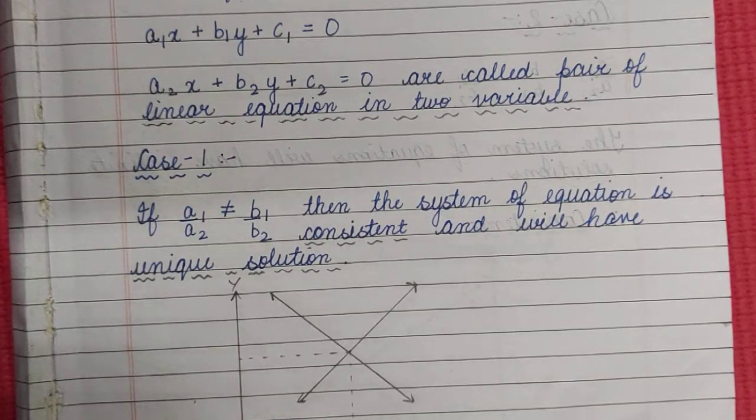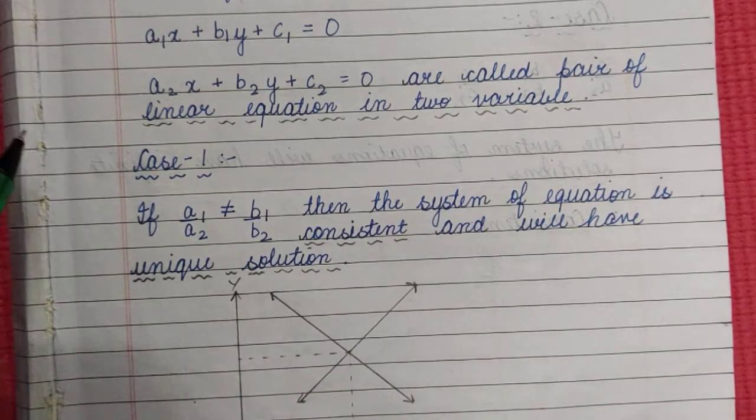Good morning, students. That day we studied the graph of a linear equation in two variables. And then I told you that if we take a pair of linear equations in two variables, we will get three cases, three types of graphs: either they will be intersecting, or coincident, or parallel. Now let us study when this will happen.